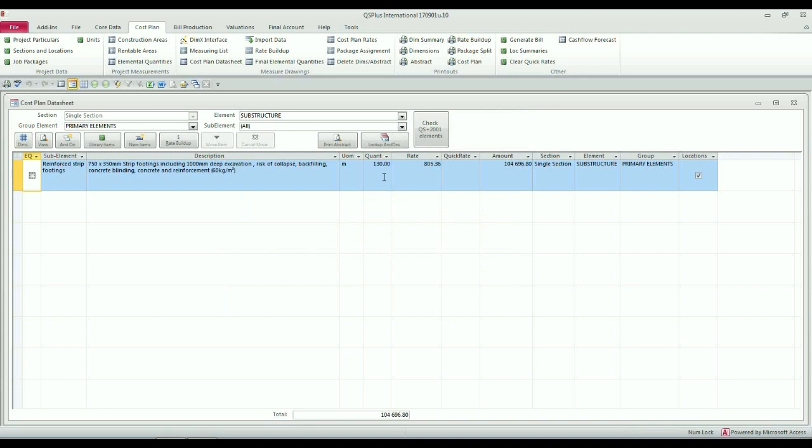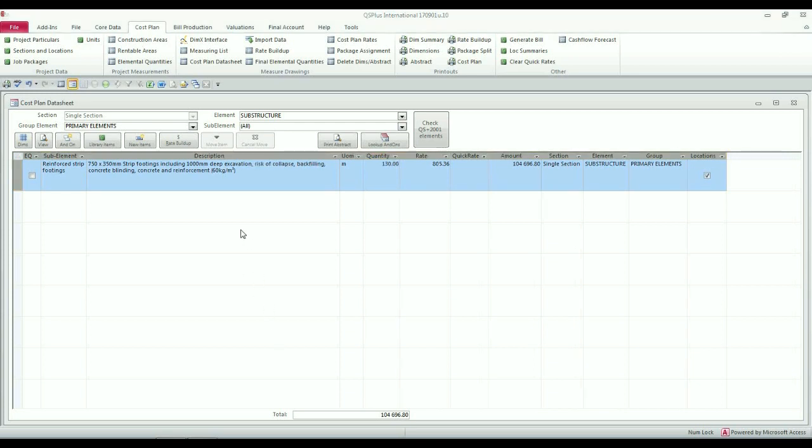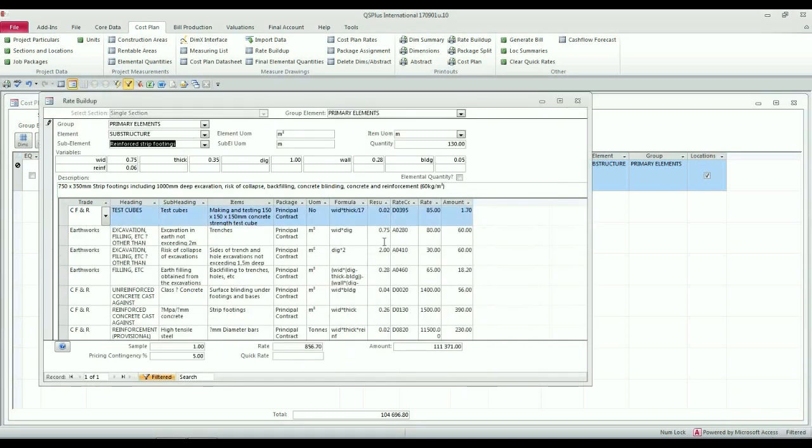What you'll notice is that the quantity for the cost plan item, as it builds up over what can be many dimensions, is all those dimensions added into this quantity that is shown to you here. If I want to see the detail of the item that I've measured, I can go to the rate buildup, where I'll see for the cost plan item all of the bill items which actually make up